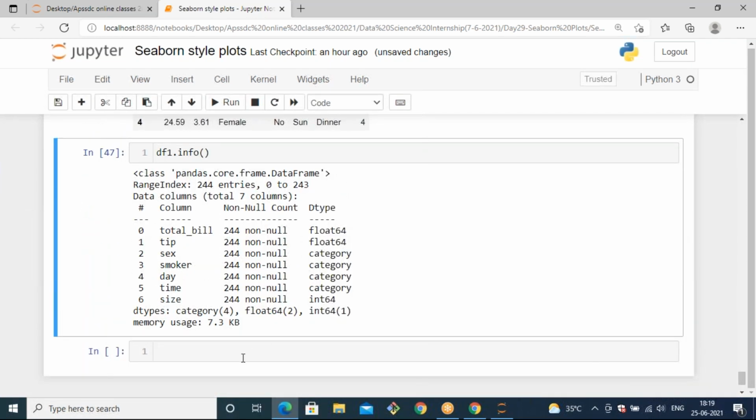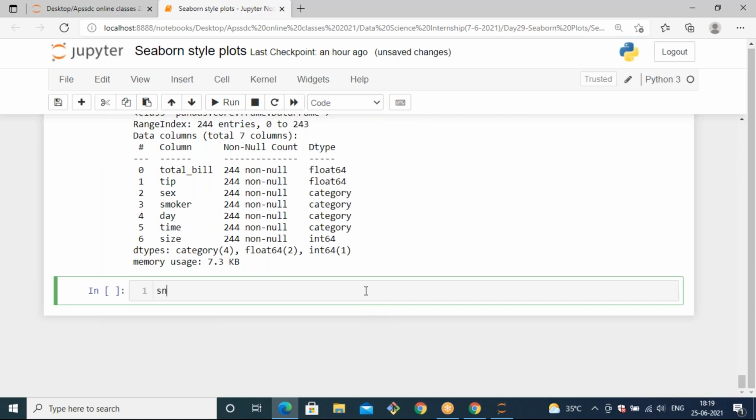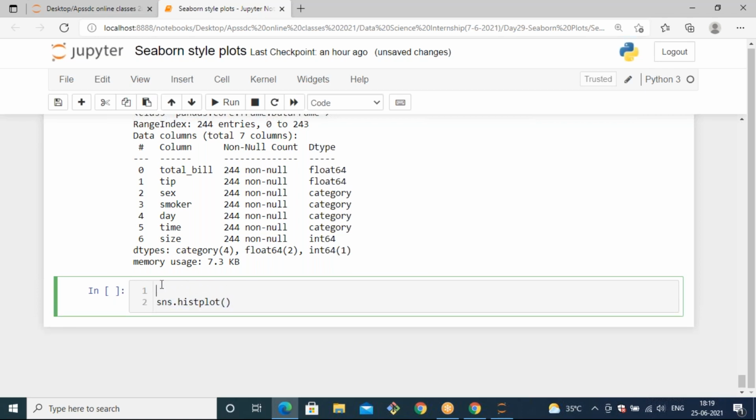So let's observe the histplot. sns.histplot, then you can specify any one data. If you have only one data to visualize, you can pass it, or if you want to observe the data distribution with the help of 2 features, you can pass it. For the first time, I'm passing only a single data. Before that, df1.columns.